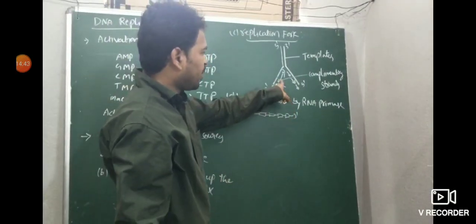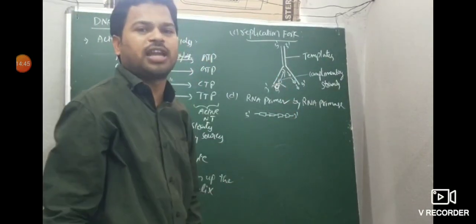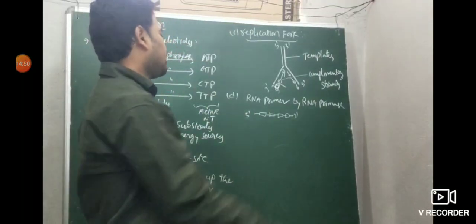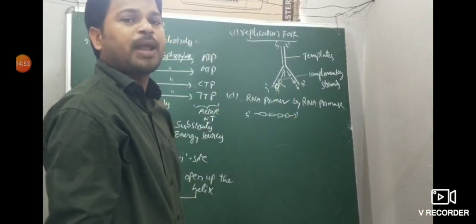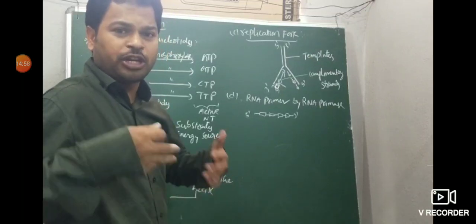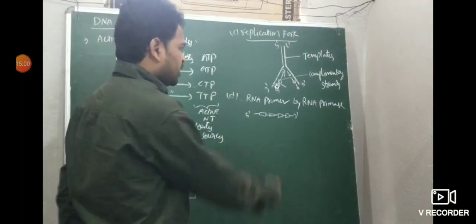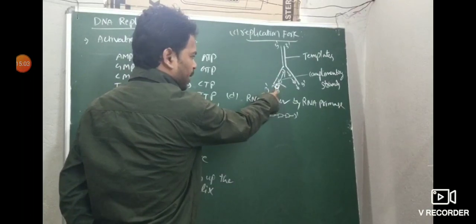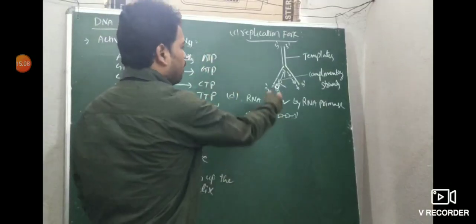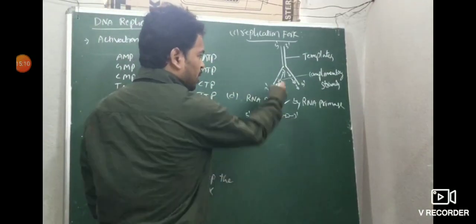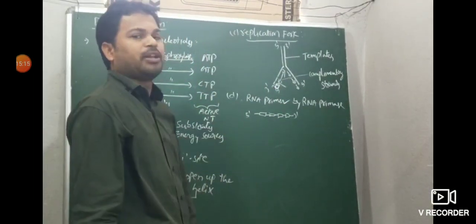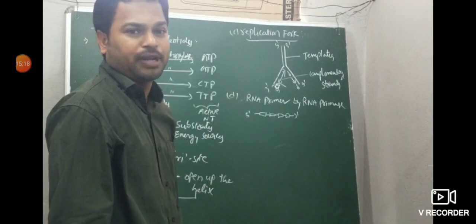Whatever DNA strand is formed here, the new complementary strand is more stable, because it is evolved from RNA. So the RNA primer is helpful to initiate the new DNA strand. The RNA primer always forms opposite to the 3 prime end. It joins complementary to the template by hydrogen bonds, then joins to the DNA by phosphodiester bonds. Two types of bonds are there. That's why the RNA primer is required here. Very important.